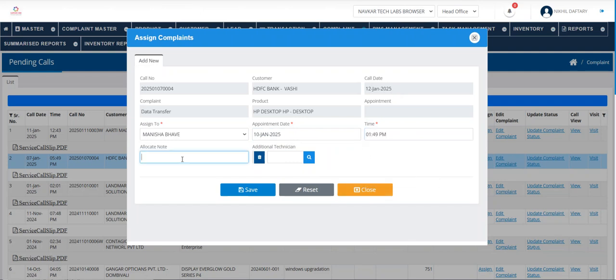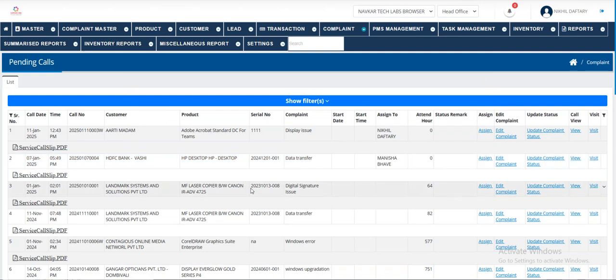I can just make an allocate note for the technician. If you are allocating to more than one engineer, you can select an additional engineer here or leave it blank. I save this. The moment you save this assignment, the software will send a WhatsApp message to the customer, Manisha Bhave,